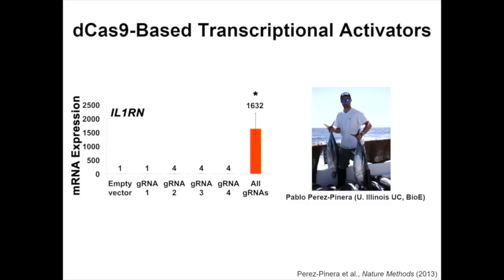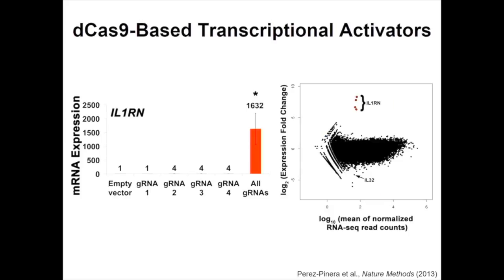But a couple of important observations that we made about this type of gene reactivation were, first, the specificity with which we saw gene activation. By RNA-seq, we saw that we could take a cocktail of guide RNAs or a single guide RNA, target it to a gene promoter, in this case the promoter of the IL-1RN gene, and show that across the entire transcriptome, the only transcripts upregulated by this treatment were the 4 isoforms of IL-1RN. This got us excited that this was a very specific tool for doing gain-of-function assays